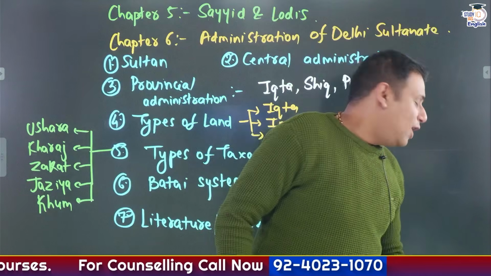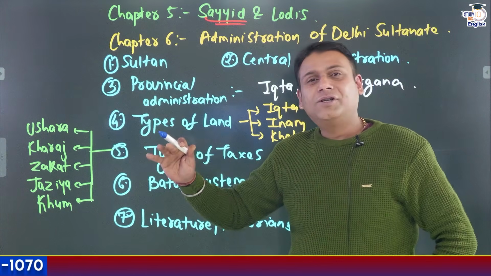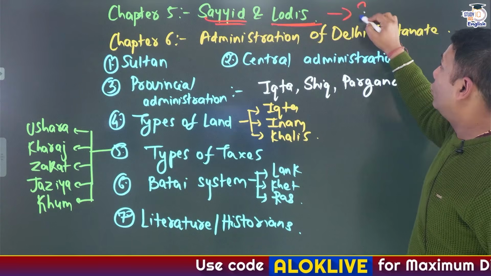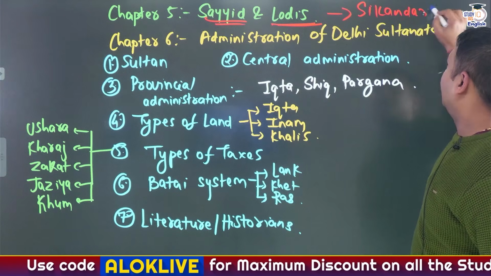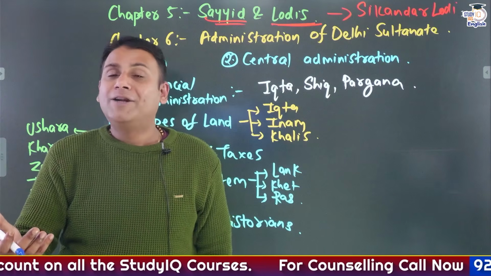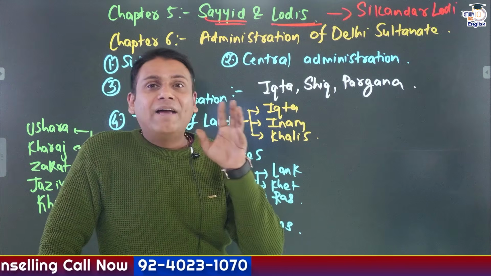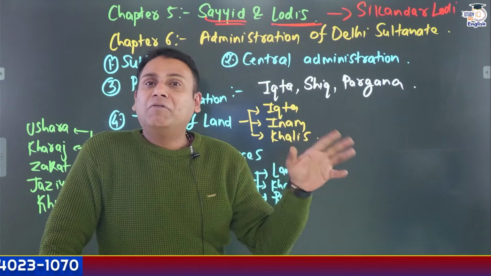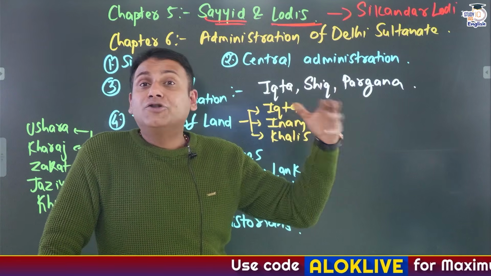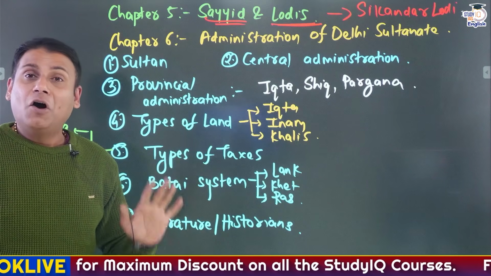Then Sayyid and Lodi. Just have an overview of the Sayyid, but do not study the Sayyid in depth and detail. Study about the Lodis, and specifically Sikandar Lodi in detail. Okay, Sikandar Lodi started a land revenue unit of measurement called Gaj-e-Sikandari. He wrote poems on the lifestyle of the Delhi Sultanate at that time, and the pen name of the poems was Gul-Rukhi. So a probable question in the examination could be, what is Gul-Rukhi? Okay. Apart from this, he constructed the city of Agra.